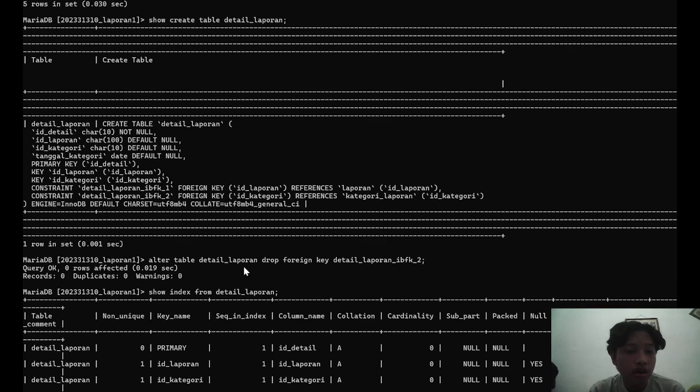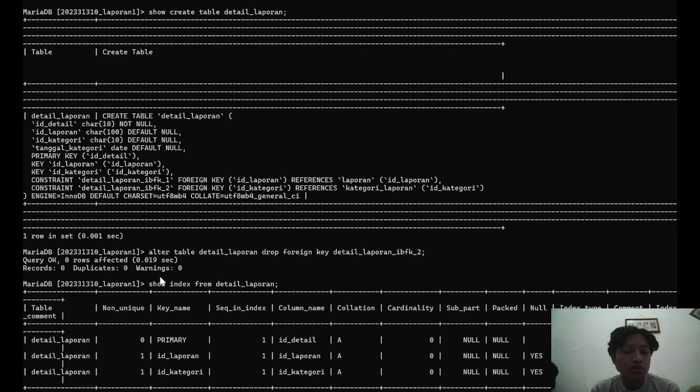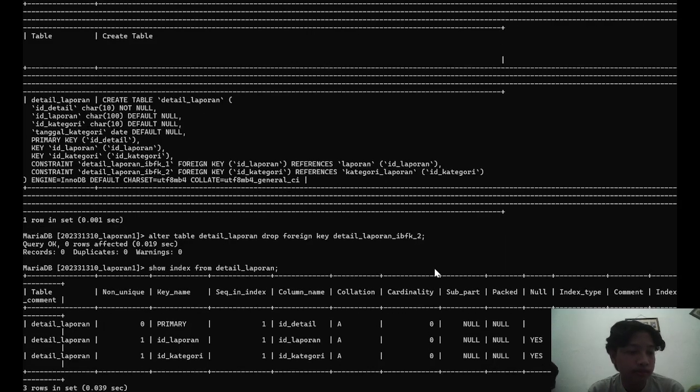Okay, so after we knew the constraint, and in this situation it is IBFK1, we can use a command like this: alter table, and then the name of the table, which is detail laporan, drop foreign key to delete it, and then the name of the constraint, detail laporan IBFK2.